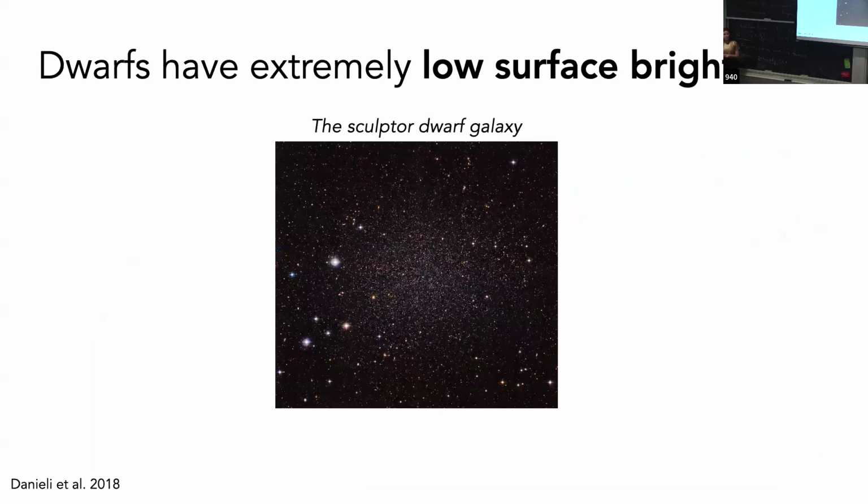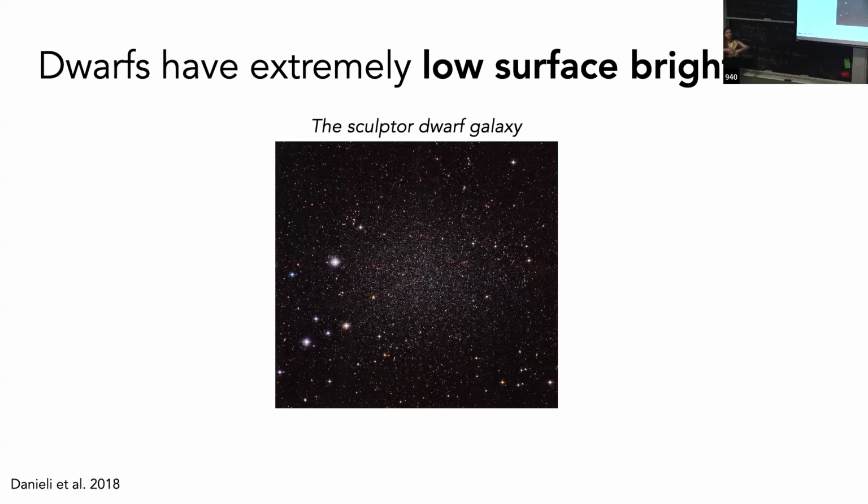Okay, so some of the reasons that dwarf galaxies are so interesting, the fact that they don't have a lot of stars and they are small, is also what makes them so difficult to study. So here is the Sculptor dwarf galaxy, a Milky Way satellite. And this one, similar to other Milky Way satellites, was detected by finding the individual stars, an overdensity of the bright red giant stars in this galaxy.